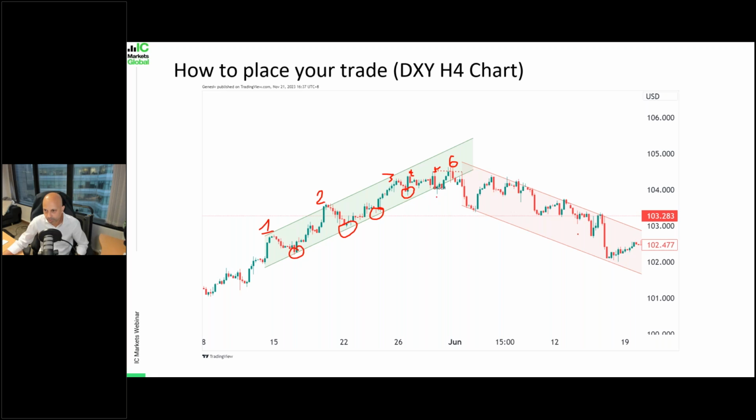then here, you can see this is where the change of character occurs. So this low here, price is invalidated at this point on the structure. Not only did this low go below the low over here, this is 1 2 3 4. So not only did price go below the low of number 4, it also clearly broke beneath the lower trend line of the bullish channel, right? So this also signals a change of character.